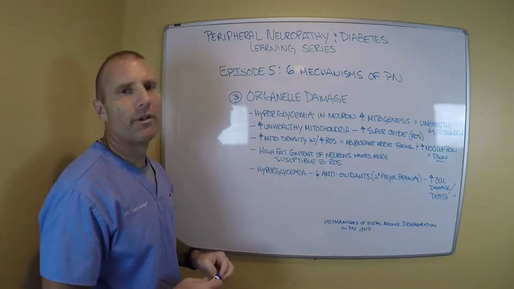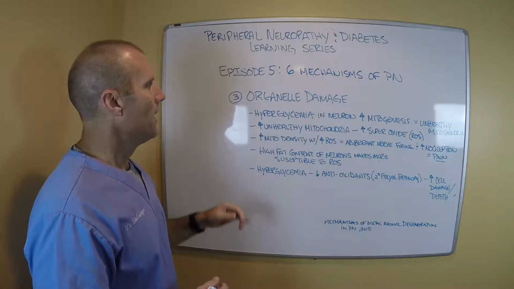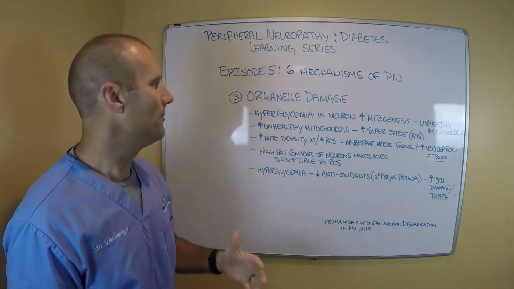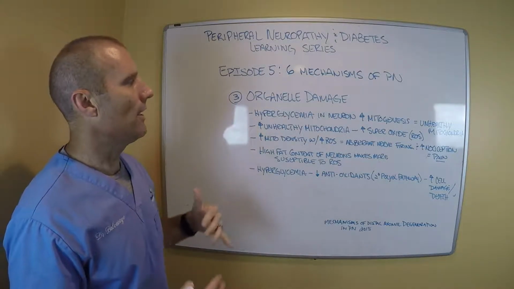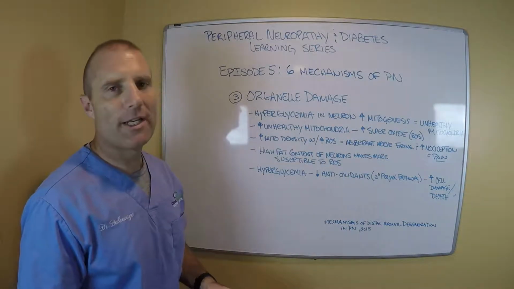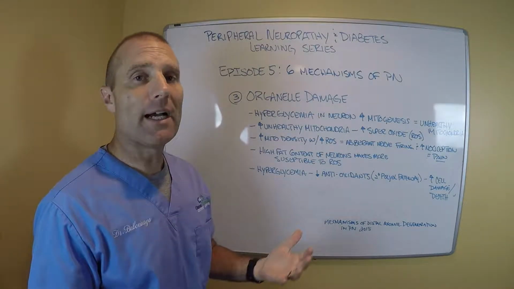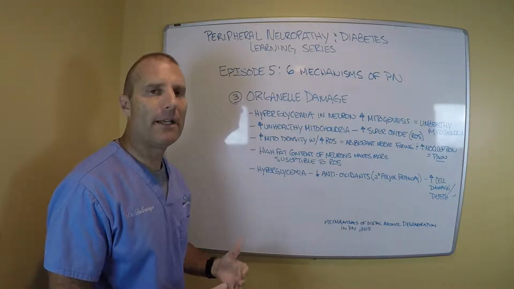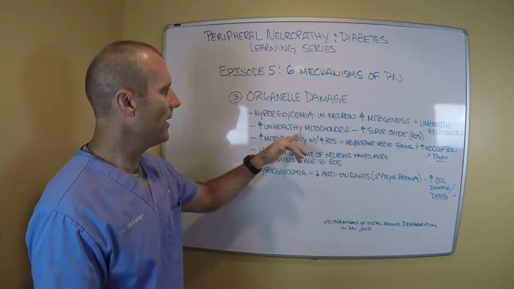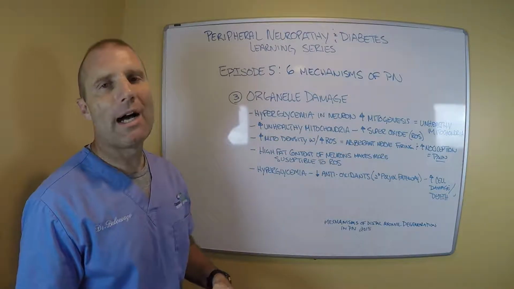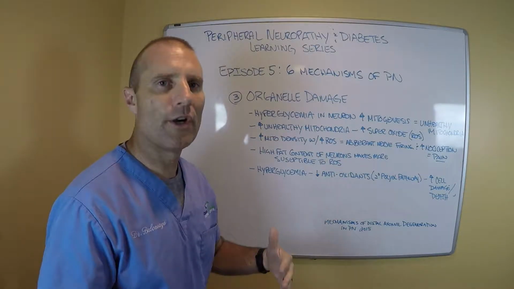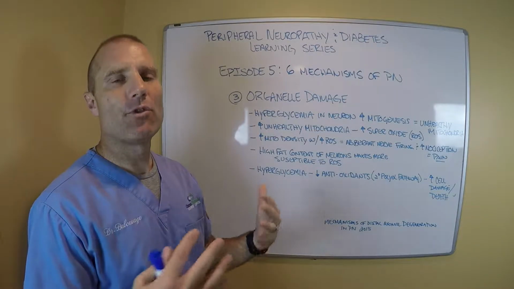So this is the third reason, or the third mechanism, and that is organelle damage. So the little parts of your nerve cells can actually become damaged. And what happens is this hyperglycemic state in the neuron, because you have high blood sugar, increases something called mitogenesis, which means it makes more mitochondria. The problem is you're making more mitochondria that are actually unhealthy. And when you make more of these unhealthy mitochondria, you get increased superoxide production. And this is a reactive oxygen species, which means it creates more damage to the nerve cells and creates more